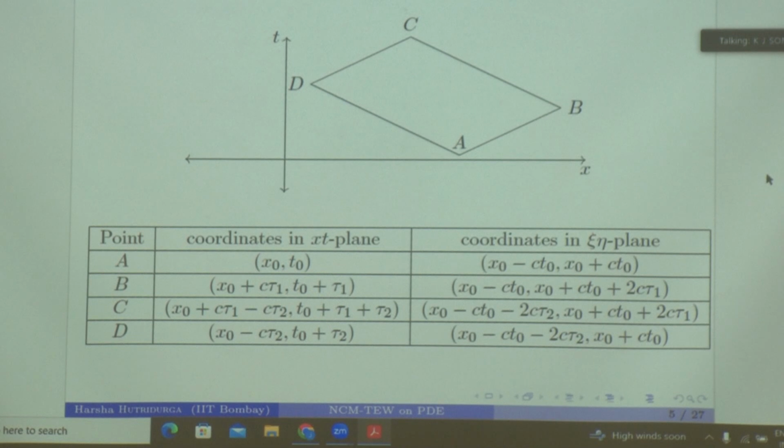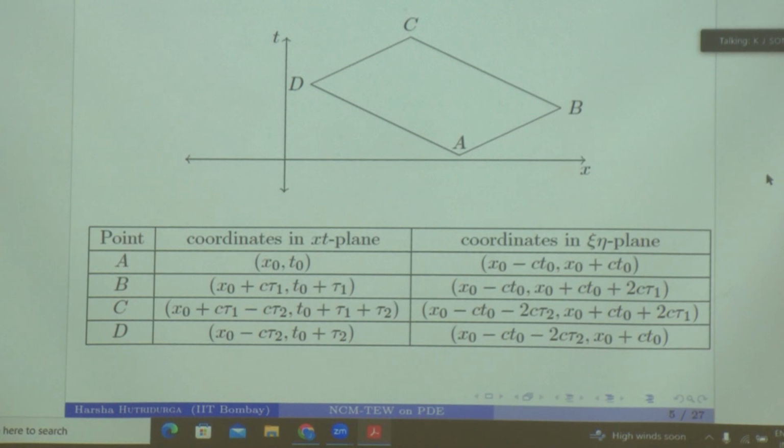Forget what you are seeing there. So I will just explain it here. So this has got the time coordinate to be t naught. Okay. Now I want to pick some point here, B, which has got a coordinate which is t naught plus tau 1, I think I have called that. T naught plus tau 1.